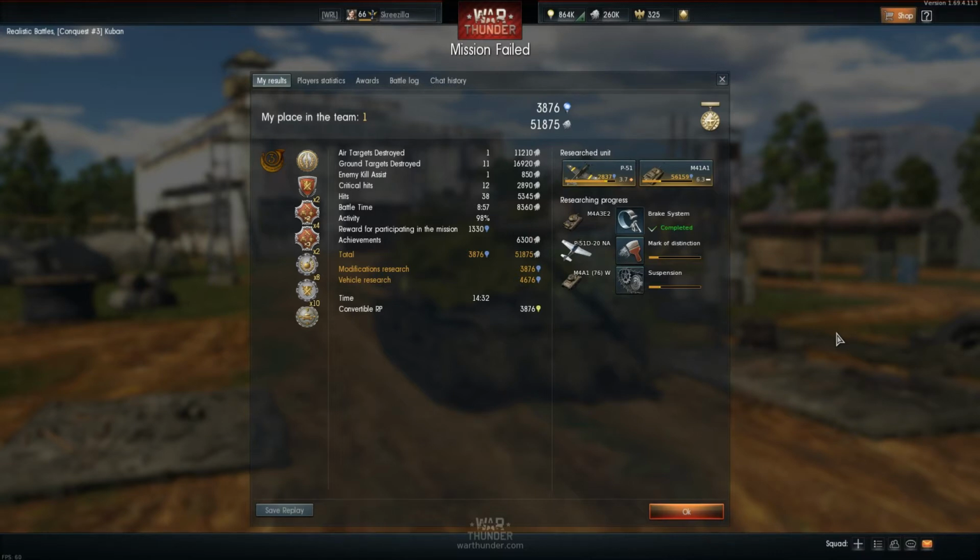And yes, it's a lower BR plane that I'm researching, but even so, I can research a plane in less than a day. You can get a plane pretty easily, a couple of games won. Bear in mind, I'd only killed one plane in that game, and